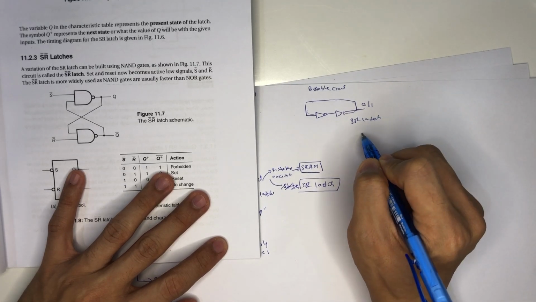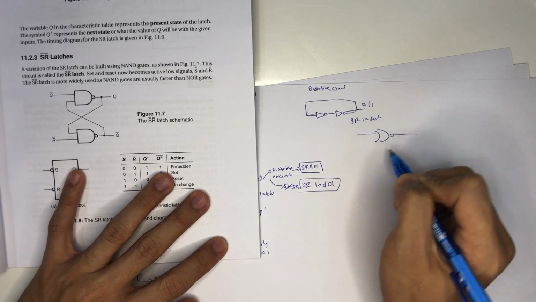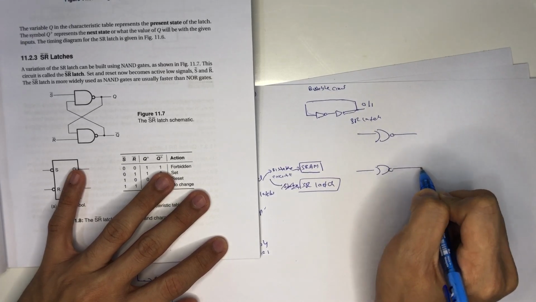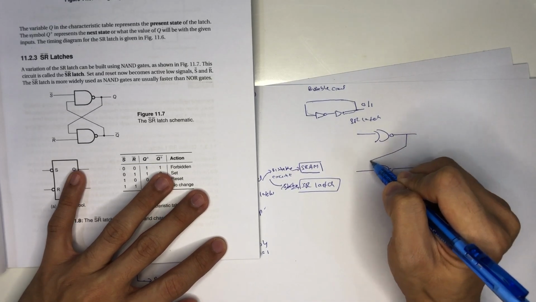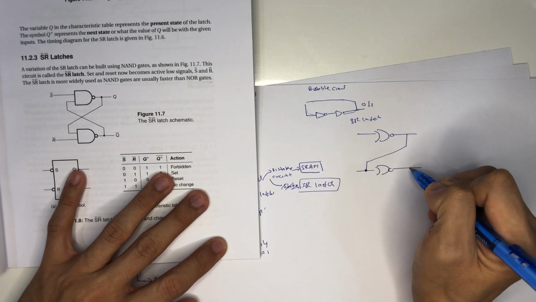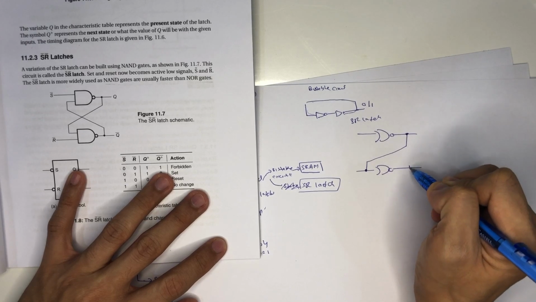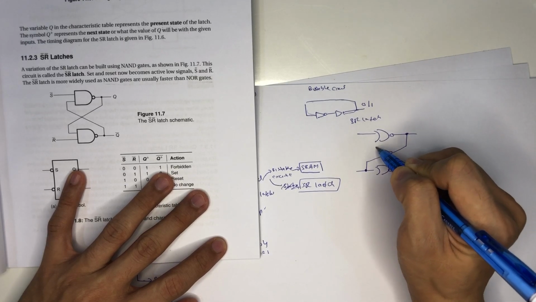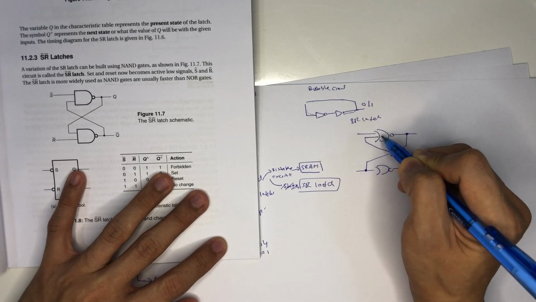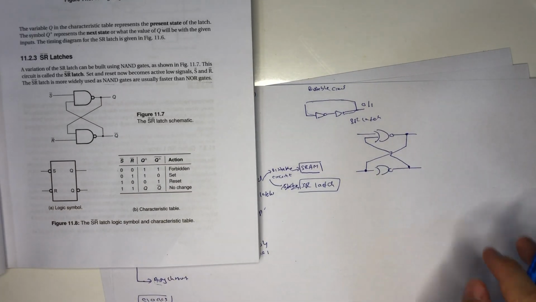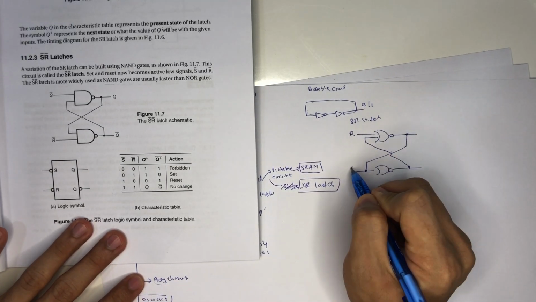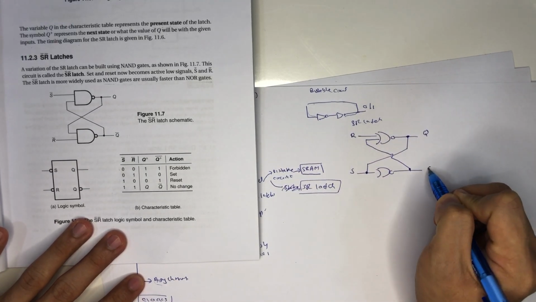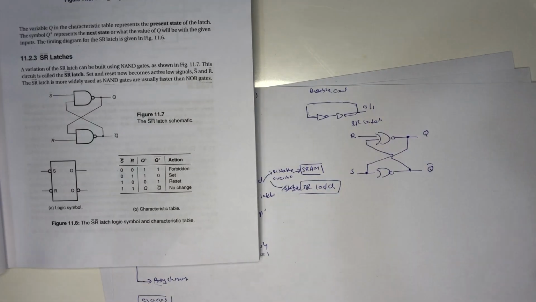First just draw it like this, and then simply take this one here and this one. So you get your SR latch. This is your R, this is your S, this is Q, and this is Q bar. Imagine that